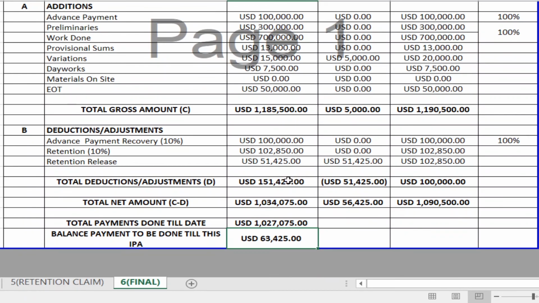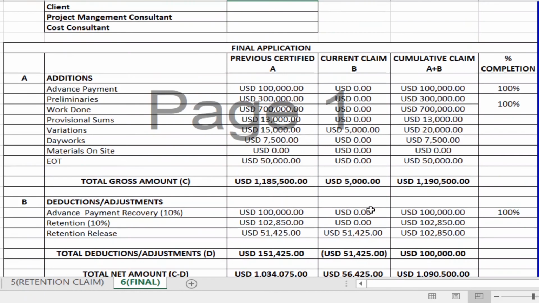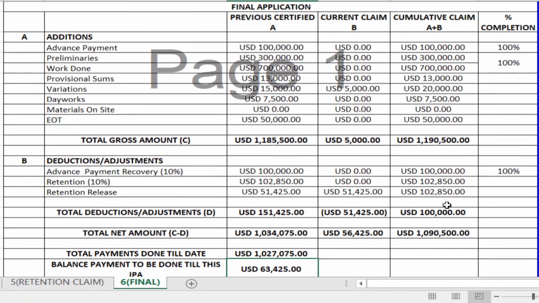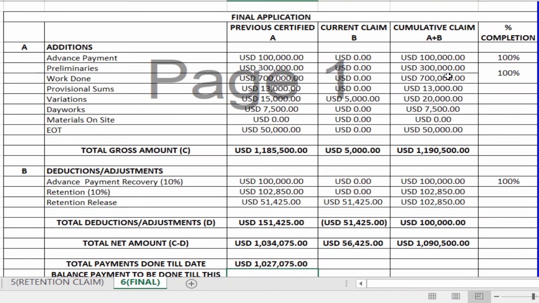So hope it is clear. You can just cross-check. Advance payment, if you see the total amount, 1,090,500. These are all the amounts of work done. Actually, you've done a preliminary amount of 300,000 US dollars, work done of 700,000, provisional sum of 13,000, variation 20.